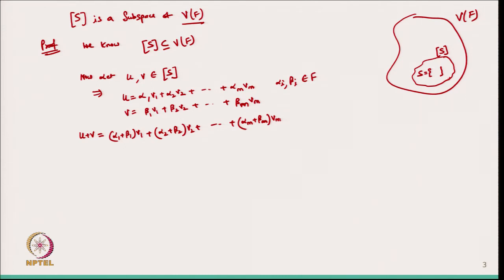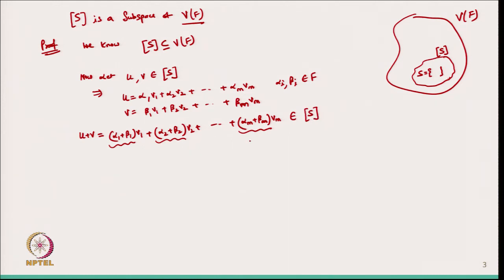So, this one is there. Now, you can see from here that alpha plus beta is a scalar, this is also a scalar, this is also a scalar, and then it became again the linear combination of the v 1, v 2 up to v m. So, now from here I can say that this belongs to again this set, because it is again the